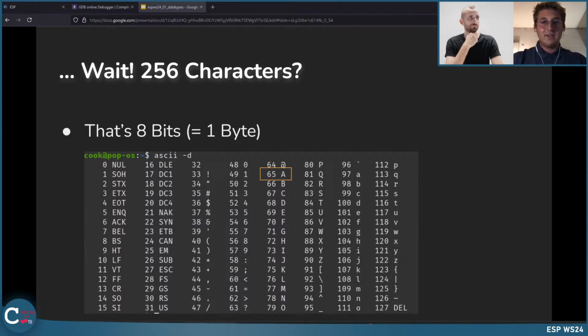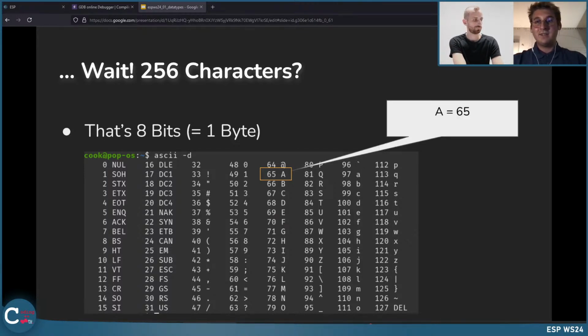And if we now have a look at number 65, A, we can see the translation between the numbering and, in this case, the uppercase A. So if we use a character variable that holds the value A, it is represented as 65 internally. And this is also the case for any other characters that are represented here.